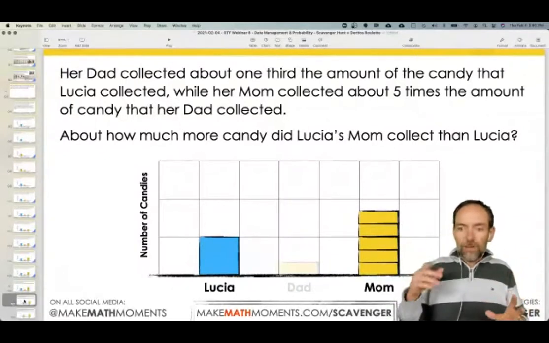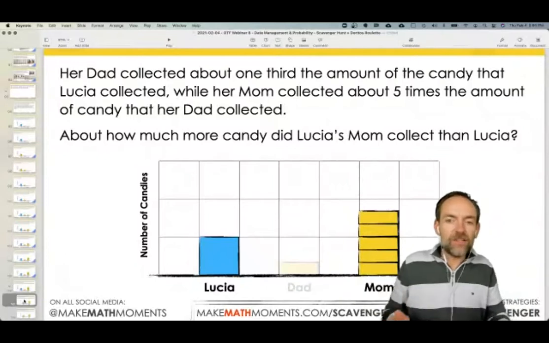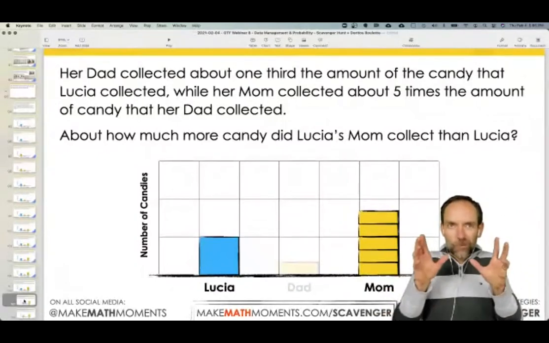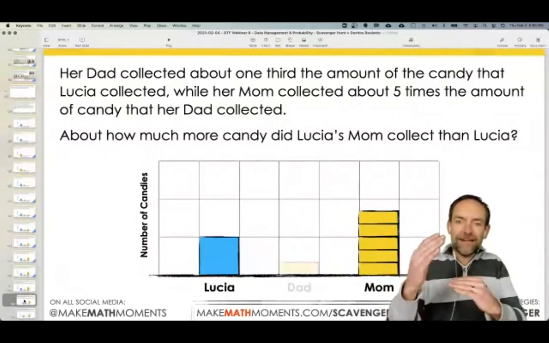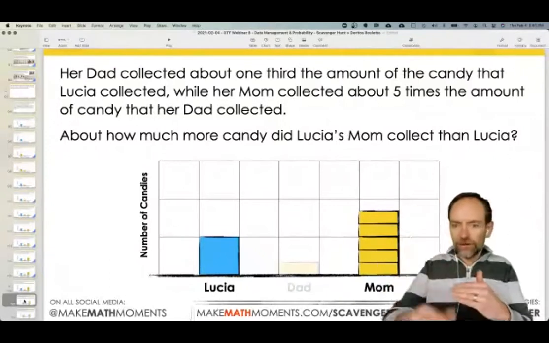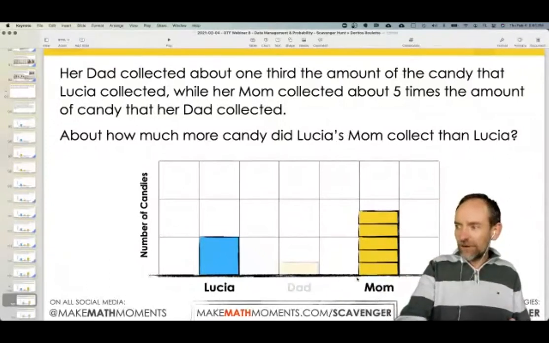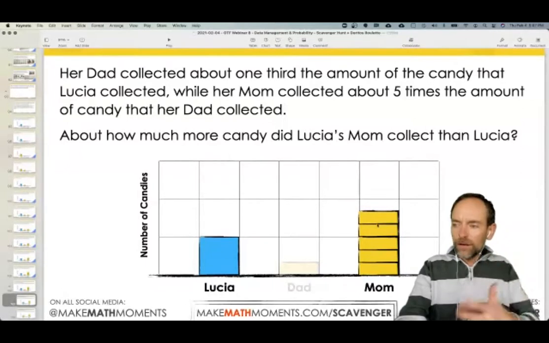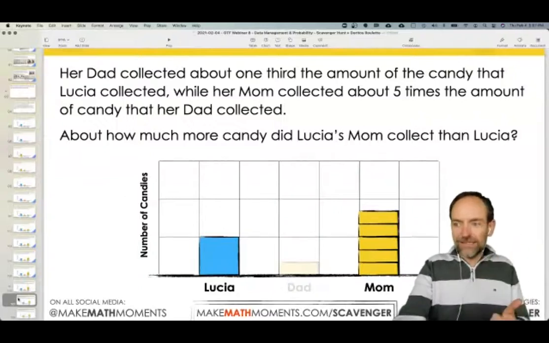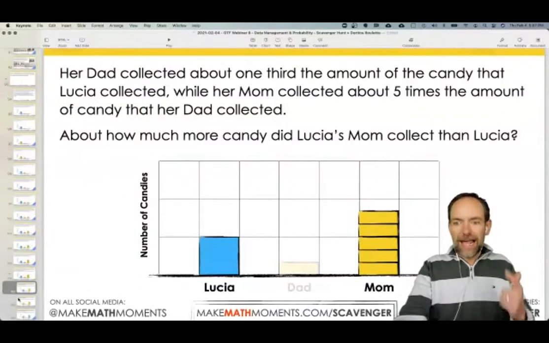So when we hear someone say that the mom has 2/3 more, we're referencing this idea of additive, 2/3 more than the original. So we're just adding those 2/3 on. I can clearly see that right here. Here's what Lucia has. Mom has 2/3 more than Lucia has. But then we look at 5/3 as much as Lucia.